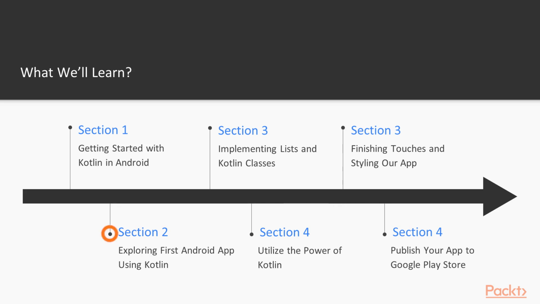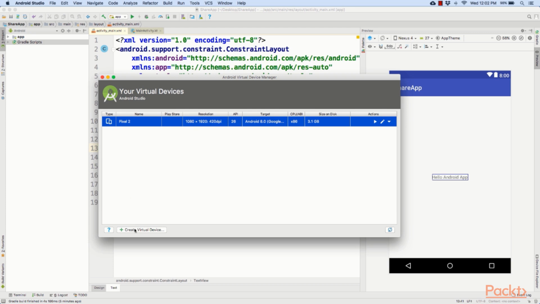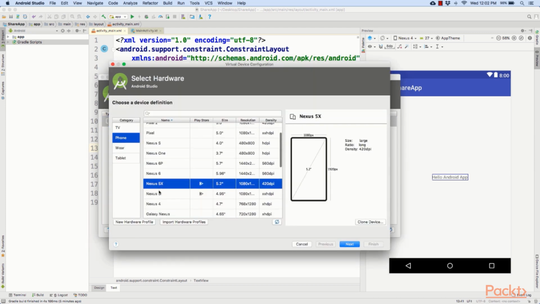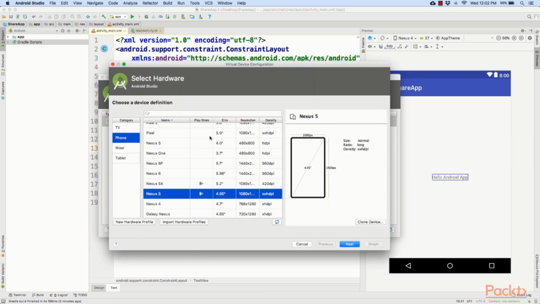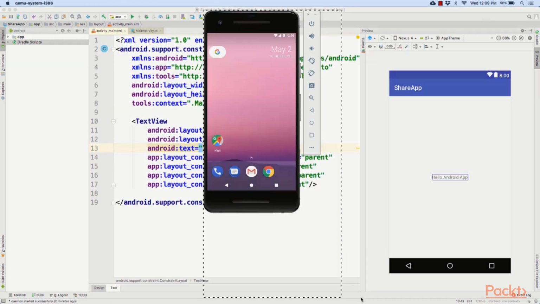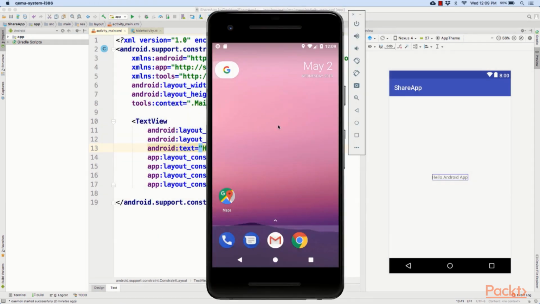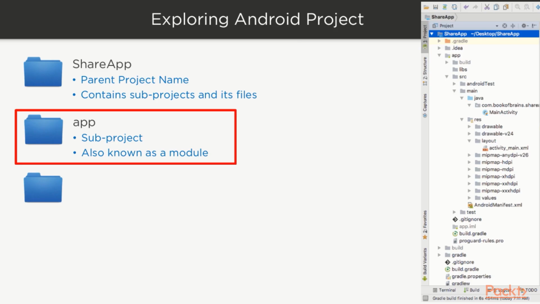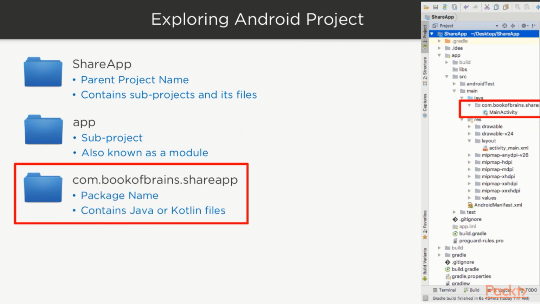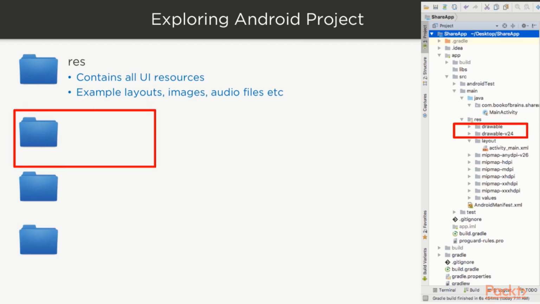Proceeding, we will run our first Android application in an emulator. An emulator is an Android virtual device that is very similar to your physical Android device, but it is present within your system. We will also explore the Android project structure in detail, that is, what are the various aspects of an Android application project.